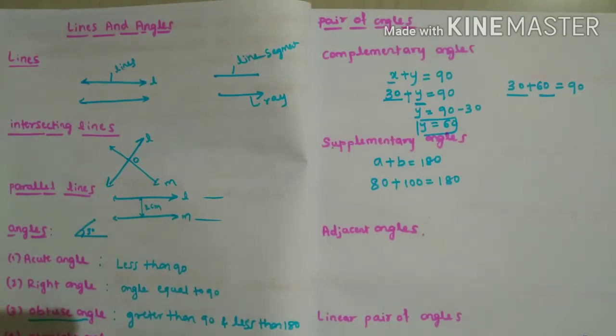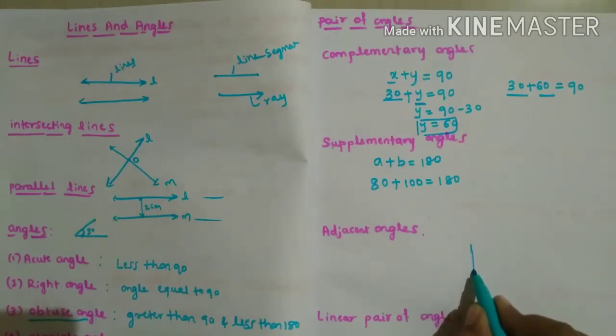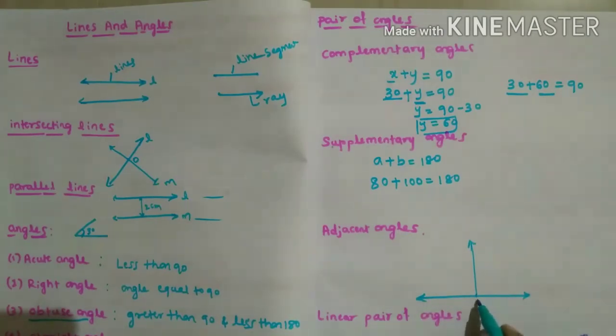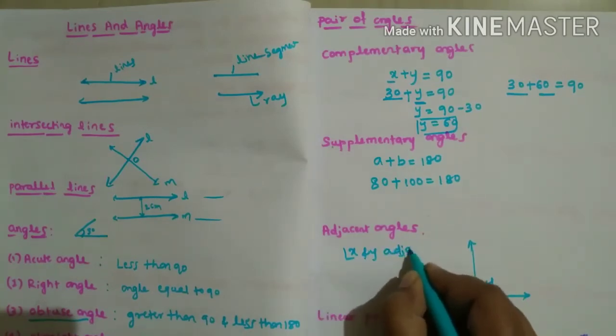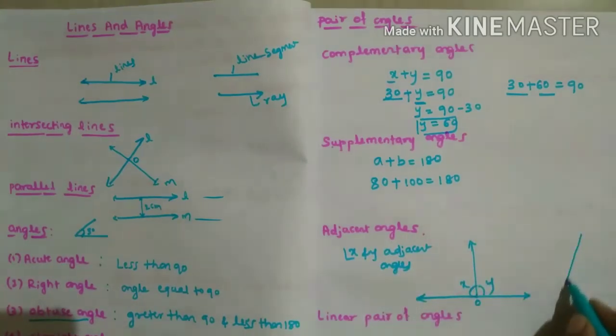Then we'll see adjacent angles. Adjacent angles means I'll just draw the diagram and I'll show you what adjacent angle means. Between two adjacent angles, one common ray and one common vertex should be there. For example, this O point, and here two angles will be there, X and Y. And one more angle I will take. Okay, here angle X and angle Y are the adjacent angles, we can say. Suppose the diagram is like this, also we can draw it. Just I will show you.